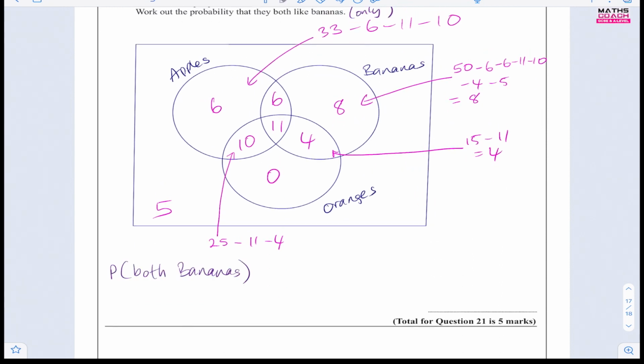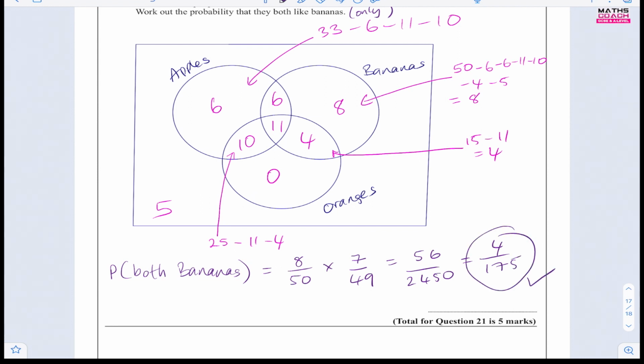Let's go down here. The probability of them liking bananas only, we can write 8 out of 50, which is the probability that they only like bananas, times the probability that the second person likes bananas, which is 7 out of 49. Remember, we have to take 1 away from the total amount of 50 people, and that also means 1 away from the person who already liked bananas, which was 7. Now we just calculate that, and that gives us 56 over 2,450, which can be further simplified to 4 over